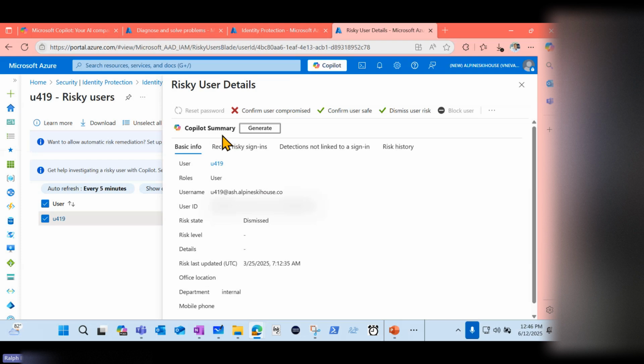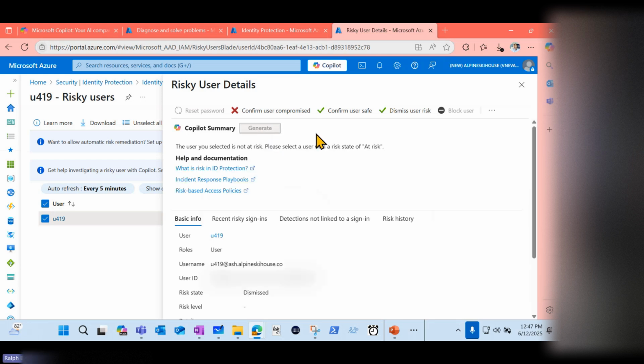This Copilot here is going to give you a summary so you don't have to read through all of this information. If you're going to be a security analyst, this is beneficial. Because think about it, I could be responsible for managing hundreds, thousands of identities. I need something to help me. Copilot would do that. I could generate a summary. So once I click on generate,